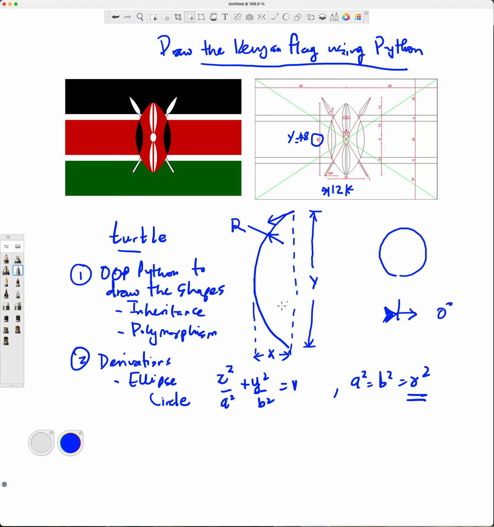Okay, and then we are going to draw curves. There are going to be a lot of curves, and there are special kinds of curves. So one is we're going to figure out how to calculate these curves here, like this one here. They're called arcs, okay? And whenever you deal with arcs, you deal with several things. One thing is we need to figure out angles, we need to figure out the radius,